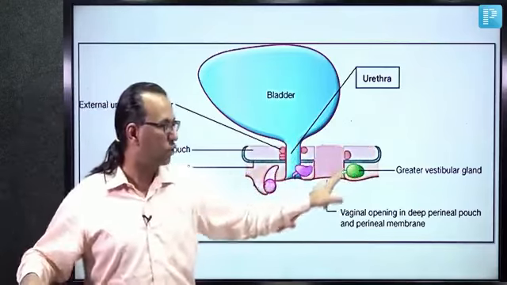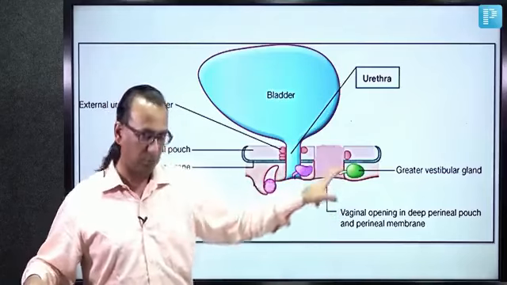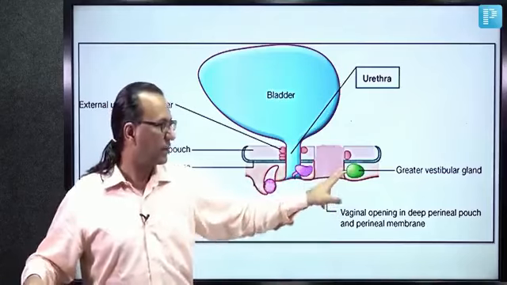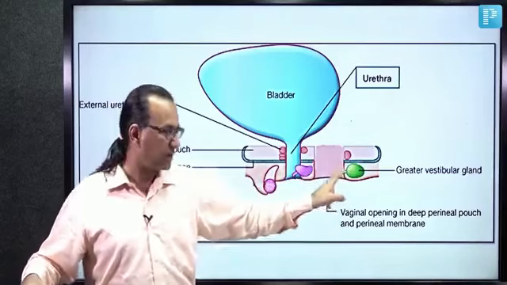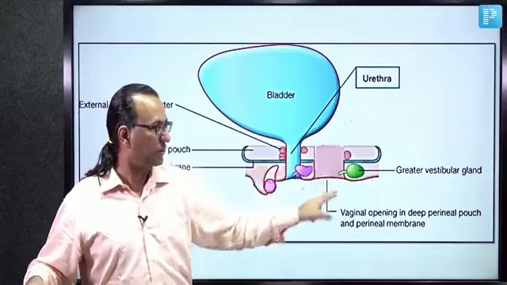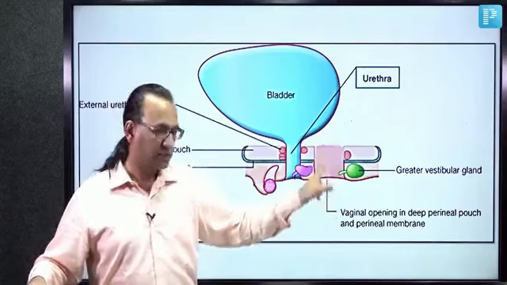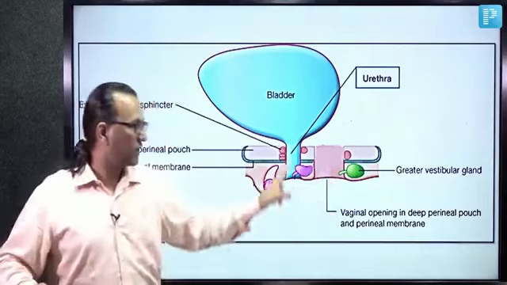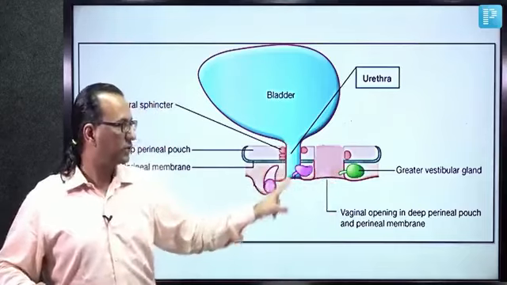In the superficial perineal pouch, you can see there's a greater vestibular gland of Bartholin, and the duct is also opening in the superficial perineal pouch. In the beginning, the duct is lined by stratified cuboidal epithelium, but at the opening, like any other opening, it should be lined by stratified squamous epithelium, same as the vaginal epithelium as well as the urethral epithelium, non-keratinized stratified